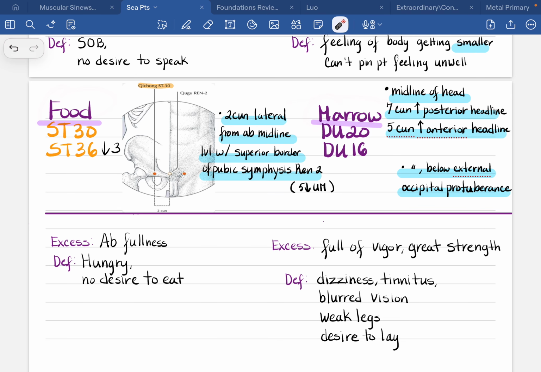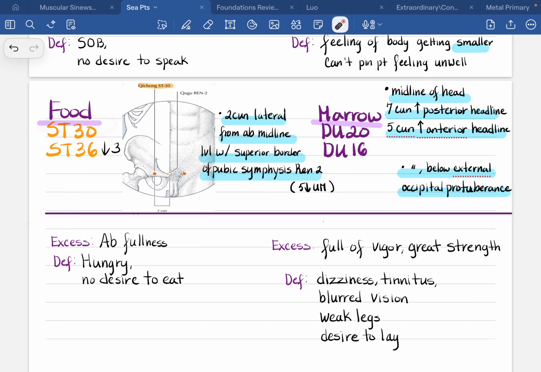So food, of no surprise, there are 2 stomach points: stomach 30 and stomach 36. Stomach 36 was repeated from the last slide, from the lower C points. These are 3 soon down, of course, right? And then, of course, stomach 30, it's actually